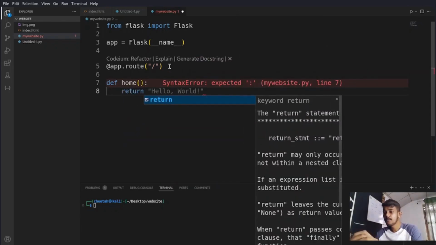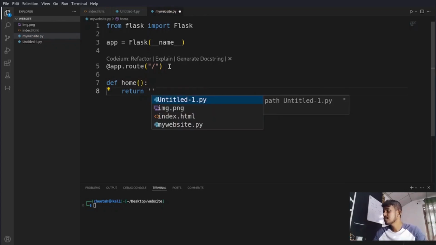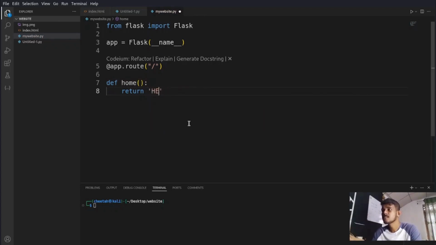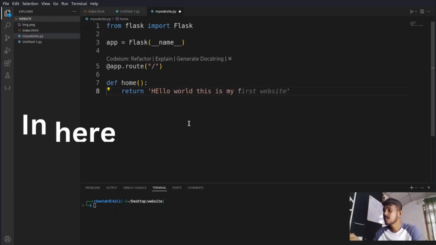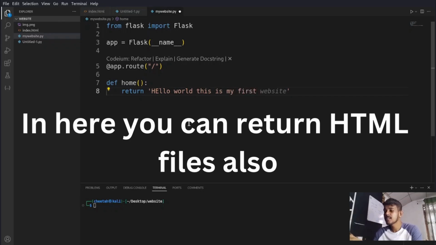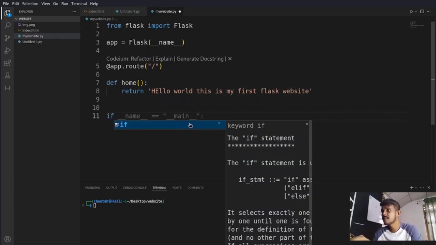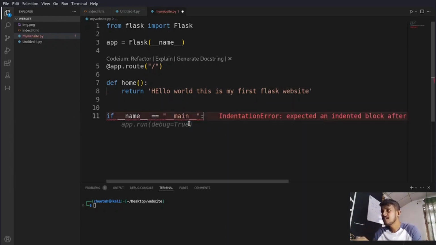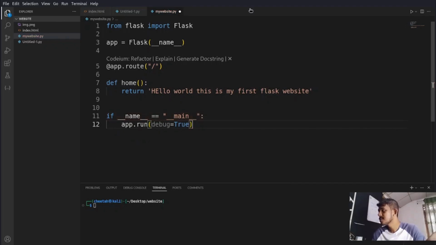I just have to pass some text here. So I just passed hello world. This is my first Flask website. Right. Now I have to give the main method, if __name__ == '__main__', debug true. Right. I just save this one, and now if I run this one,